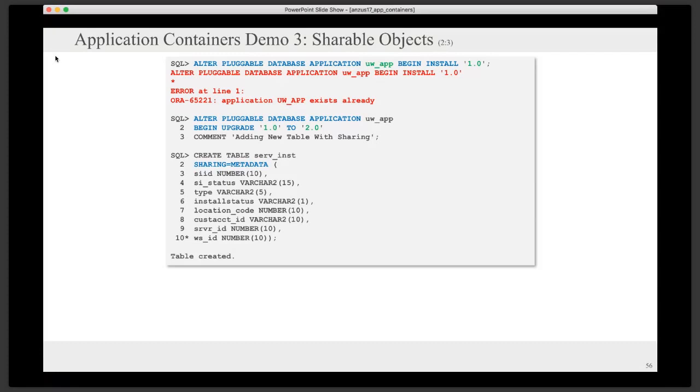So it will let me build a normal unshared table without going into this mechanism for begin install, end install, begin upgrade, end upgrade, begin patch, end patch. But as soon as I get into sharing metadata or sharing data or any of the other sharing, it forces me to version control what I'm doing. So remarkably powerful, but as you've just noticed, the error message that comes from not doing that is highly misleading